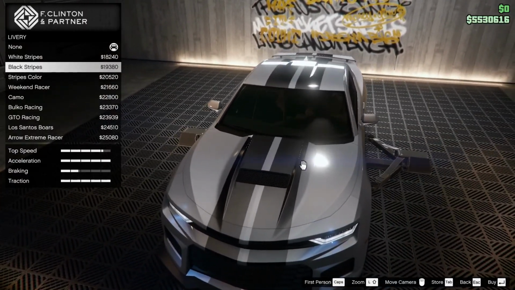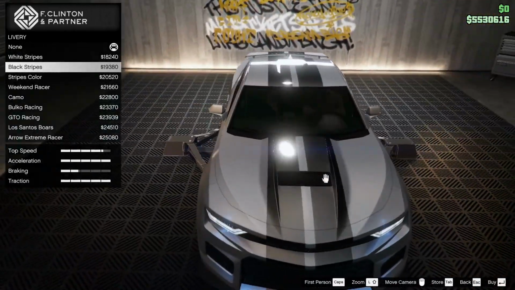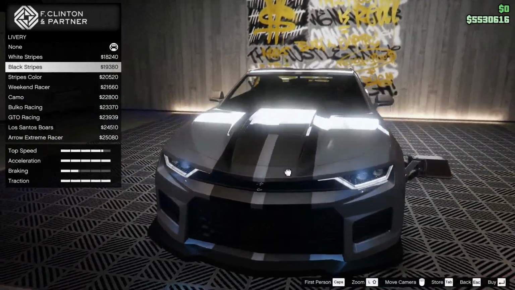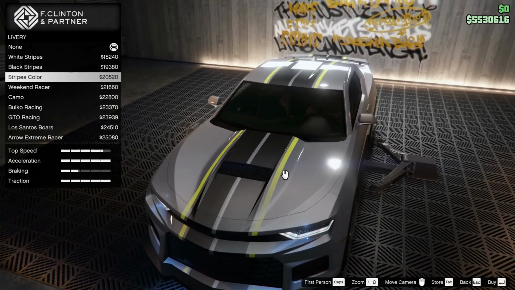I don't feel like we want stripes on this. We definitely don't want to just leave this as blank. Also, I kind of like this silver color we have on it. I might stick with silver, honestly, for this car. And go with, like,